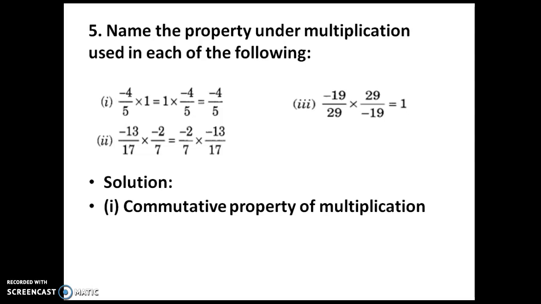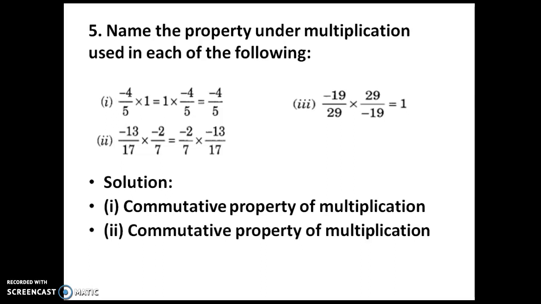Then the second one, minus 13 by 17 into minus 2 by 7. Here also again the order they have changed: minus 2 by 7 into minus 13 by 17. Just the order of multiplying is changed. So same property, commutative property of multiplication. Then the third one,